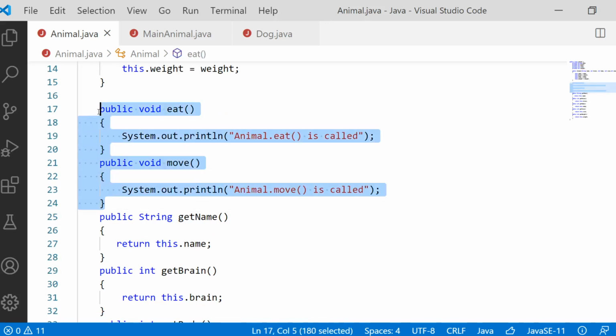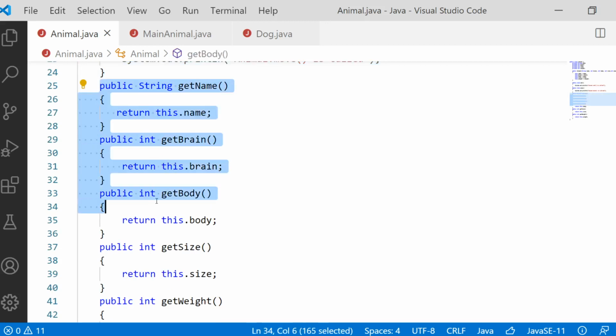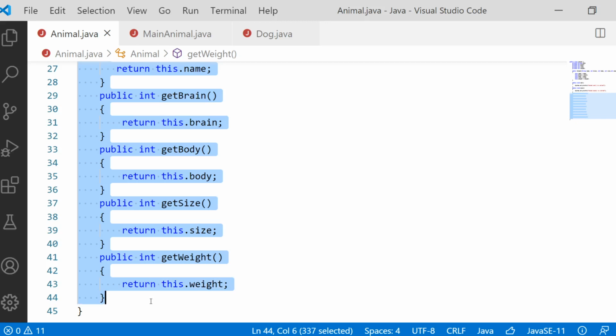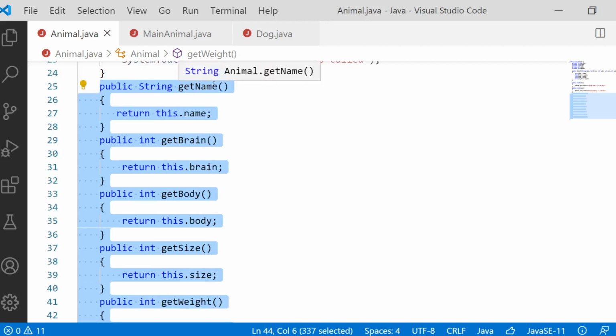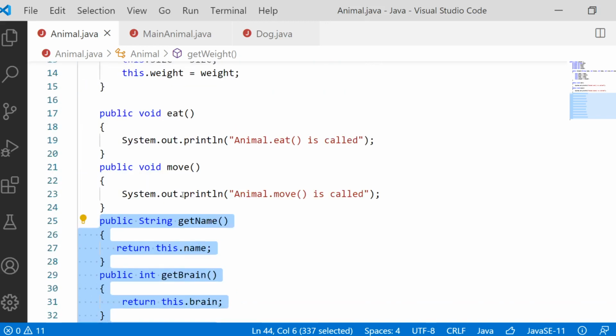We also had 5 getter methods, each for one attribute: getName for name, getBrain for brain, getBody for body, getSize for size, and getWeight for weight. And you know for what purpose we are taking the getter methods.